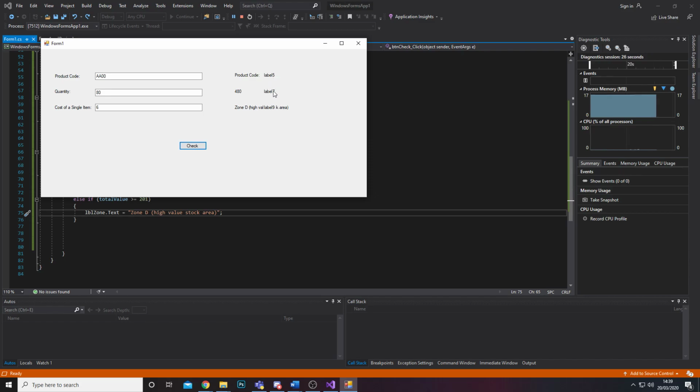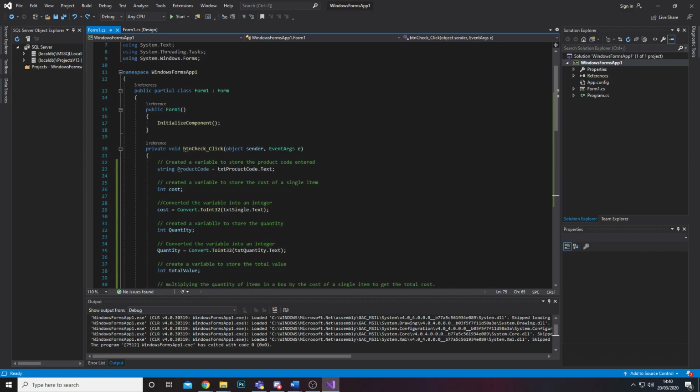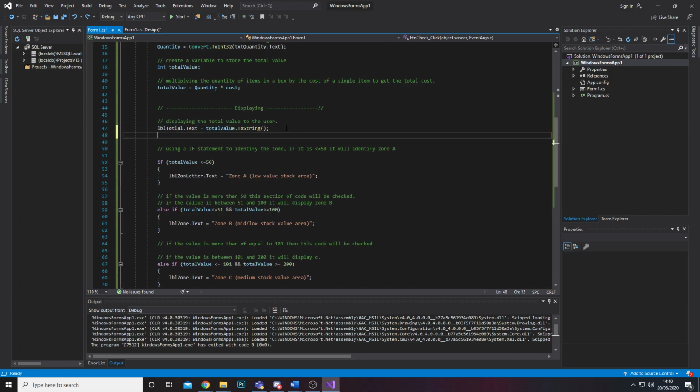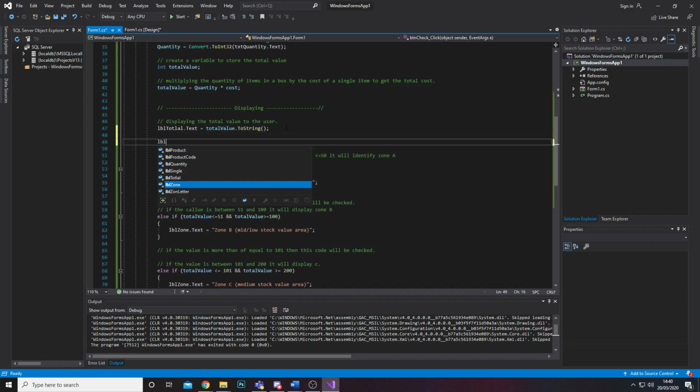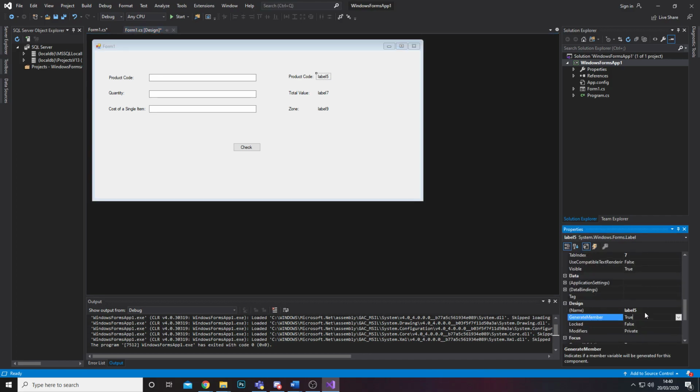Okay, so we need to go back, because we've looked and reworded things. So product code, we don't think we assigned that, did we? Did we create it? Yes, but we never assigned it. Right, so we'll assign it here. So LBL, let's just check what it's named. So I want this one. Oh, I never gave it a name. Why? Right, LBL